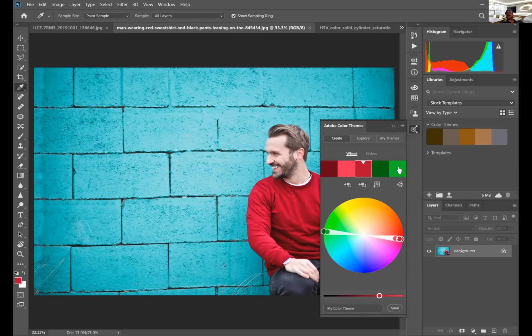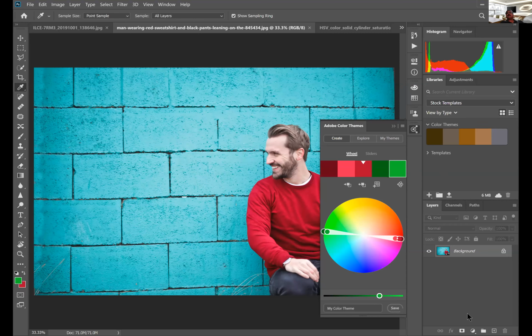So the opposite of his red is green. The wall is blue, but I want to make it green. So how do you make a wall green? What I can do is change the foreground color to background color. Now his red is in the background color, and I can set this particular color as the foreground color. Here is another thing, clicking to set the active color. So the active color becomes the foreground color. Now the foreground color is what I want to change this wall to.